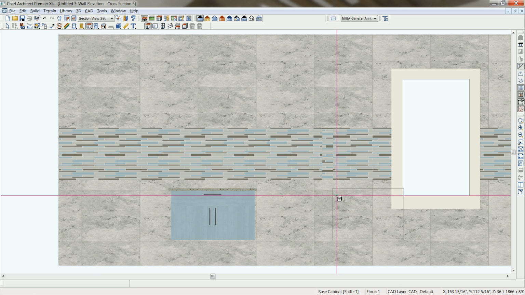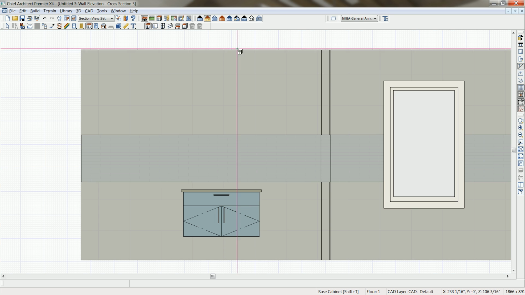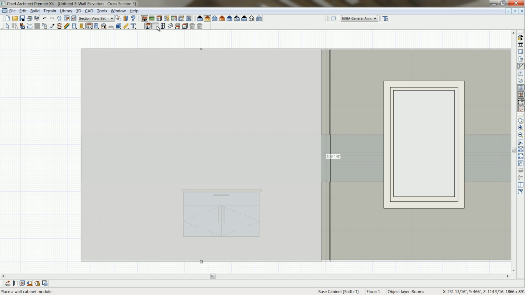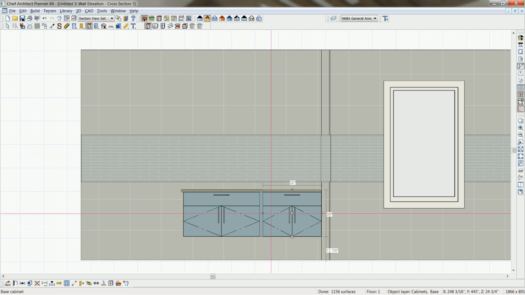Anytime I place another cabinet, it's going to have all of those same attributes for the design. Let's go ahead and switch back to our vector style view. So I'm going to place one more cabinet over here next to the wall, and I'm going to slide that over and make it a 15-inch cabinet. And let's double click on it